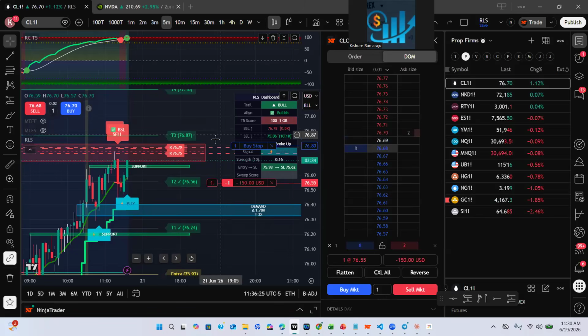So even if we take two or three stop losses, one trade will make you $2,000. Even if you lose $150 in one or two trades, because when these trades make big profits, even though your win percentage is only 40%, 50%, whenever you win, you'll make a huge $2,000. So we go with a stop loss a little bit above. Even if we lose 100, 150 in three, four, even five trades, one trade will make $2,000, which will compensate everything.